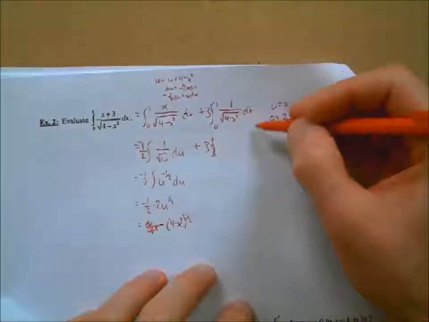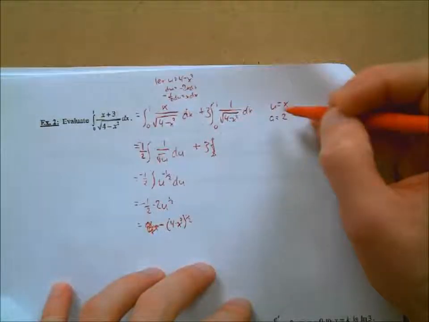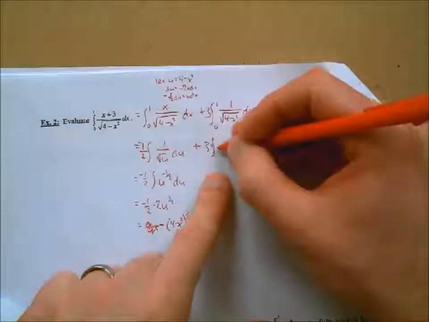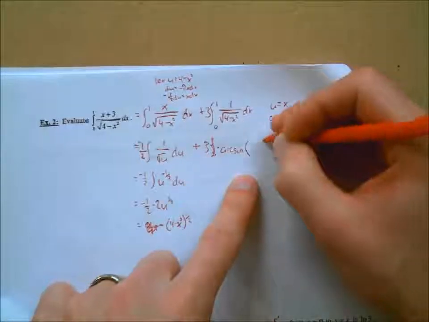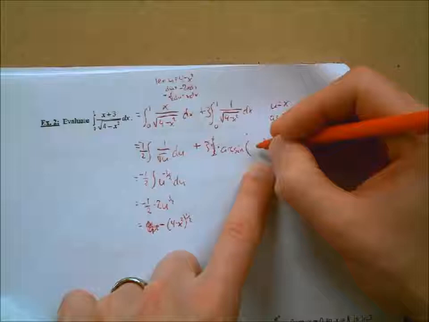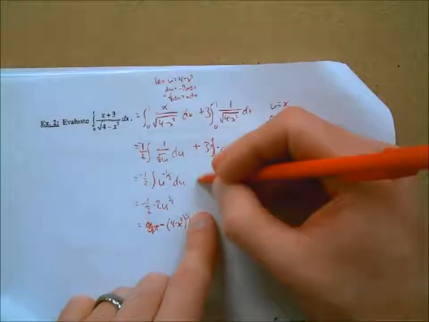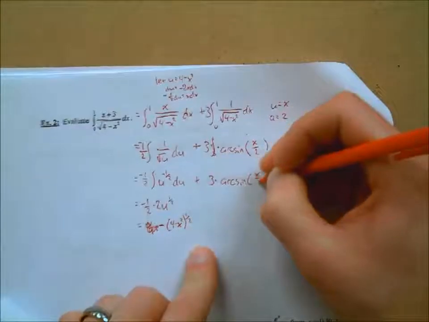So the integral of 1 over the square root of 4 minus x squared. So again, we said arcsine does not have the 1 over a in front of it. So it'll just be the 3 there times the arcsine of, and then what's going to go inside the arcsine though? x over 2. Yeah, u over a, x over 2. Yep, exactly right. All right. And I'm going to keep bringing that down here until I get